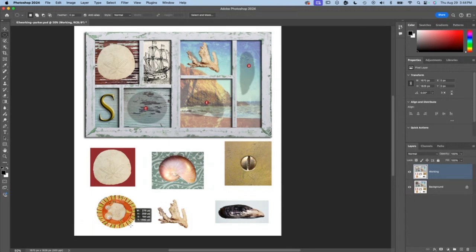So I can hold down the spacebar key and move the selection itself around. Then I'll let go of the spacebar and continue with my mouse to reshape the selection. And so now I have a pretty good selection there. And now I've used the cursor keys on my keyboard to move it around a little more. And then in order to move the plate of shells to its place